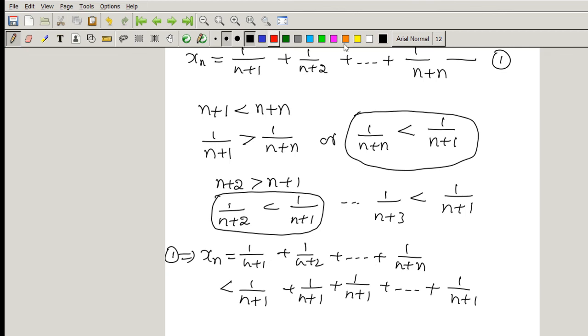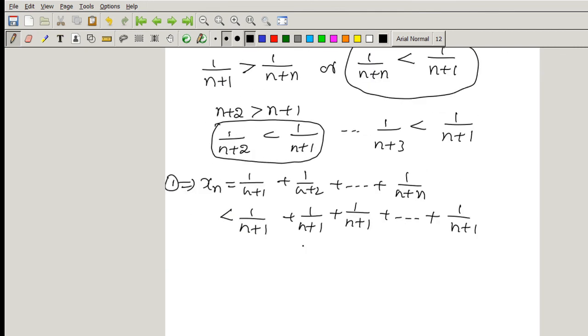1 by n plus 1, 1 by n plus 2, so on up to 1 by n plus n. Here it has n terms, 1, 2, so on up to n. Therefore 1 by n plus 1 plus 1 by n plus 1, so on up to n terms, is nothing but n by n plus 1. Simplify this, we will have 1 by 1 plus 1 by n. So xn is less than 1 by 1 plus 1 by n,